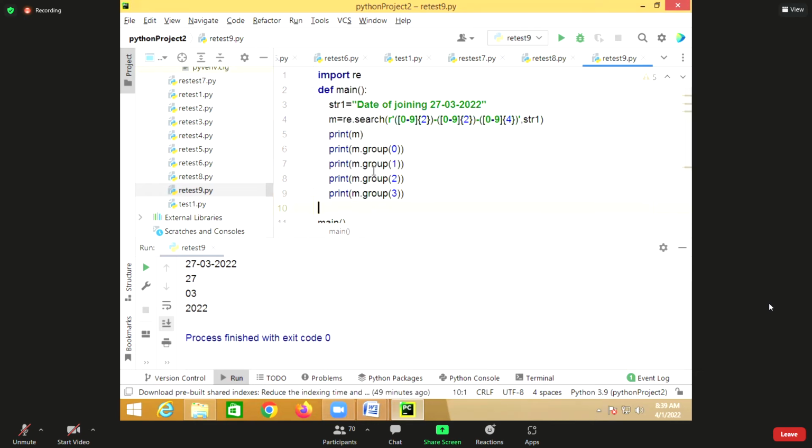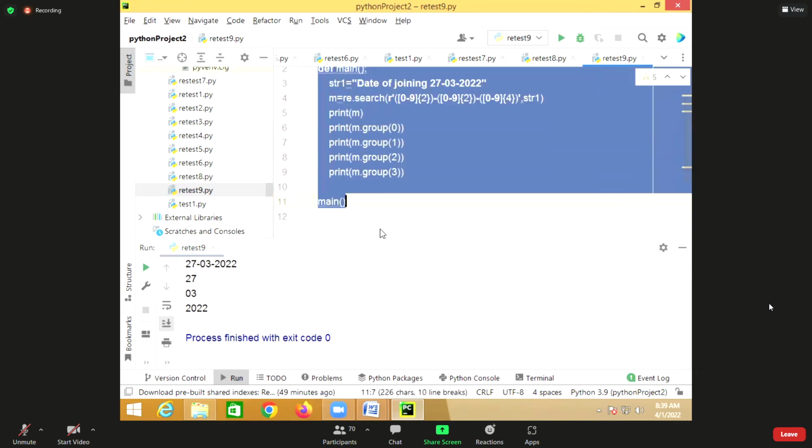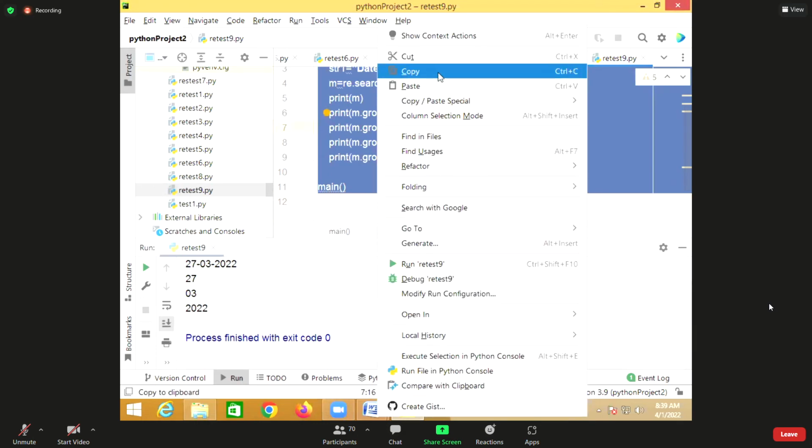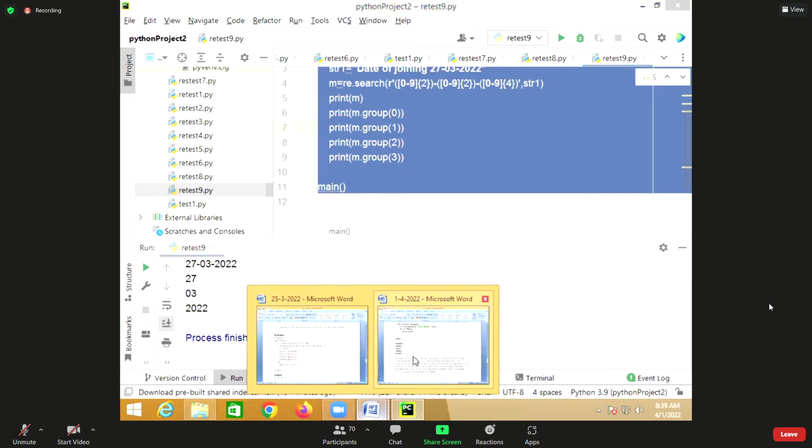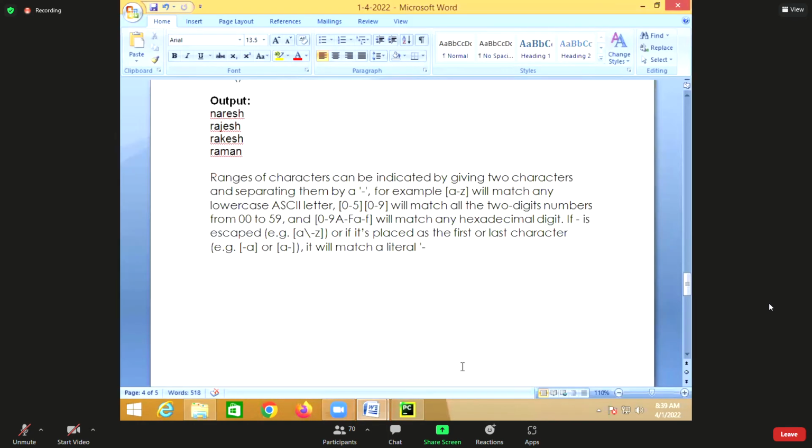Each one is called a group, left to right: group 1, group 2, and group 3.